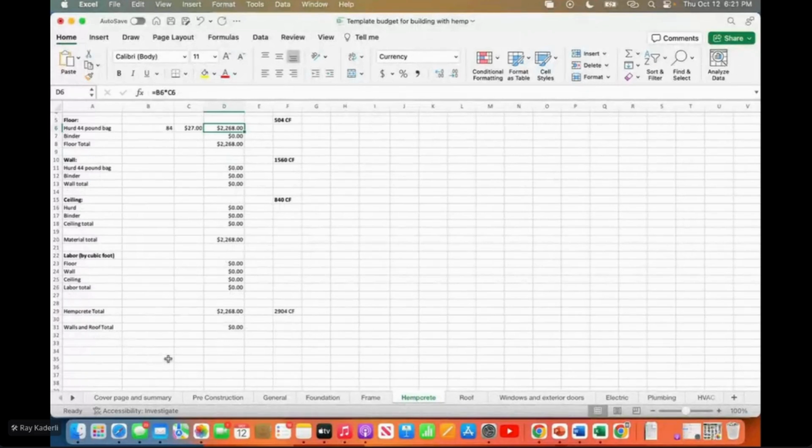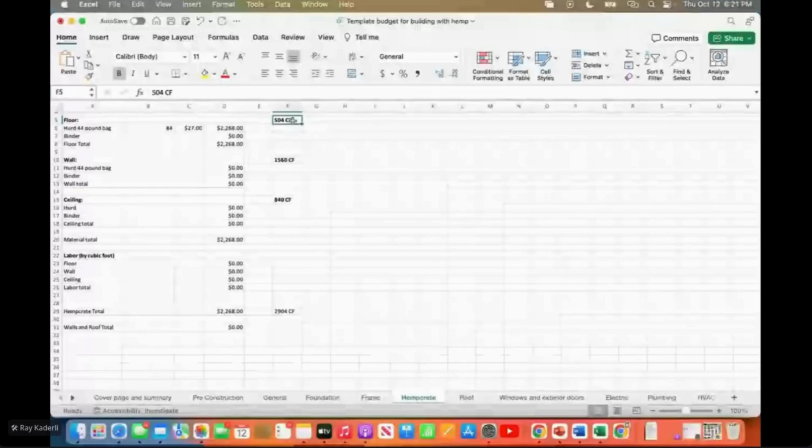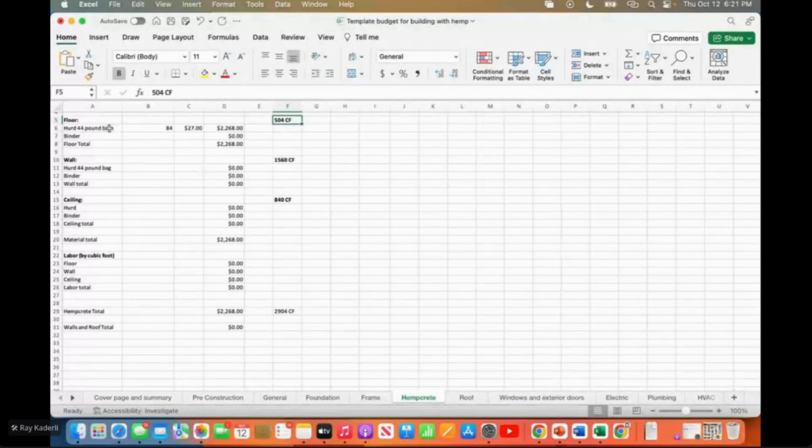So if you're evaluating a slab versus a pier and beam, that's handled separately. I budgeted that separately. But that's an example of taking your takeoff, and then I got the cubic footage by doing the surface area times the thickness. That's cubic feet. I got cubic feet divided by an average of 6 cubic feet per batch, and that's utilizing a 44-pound bag and a bag of binder,